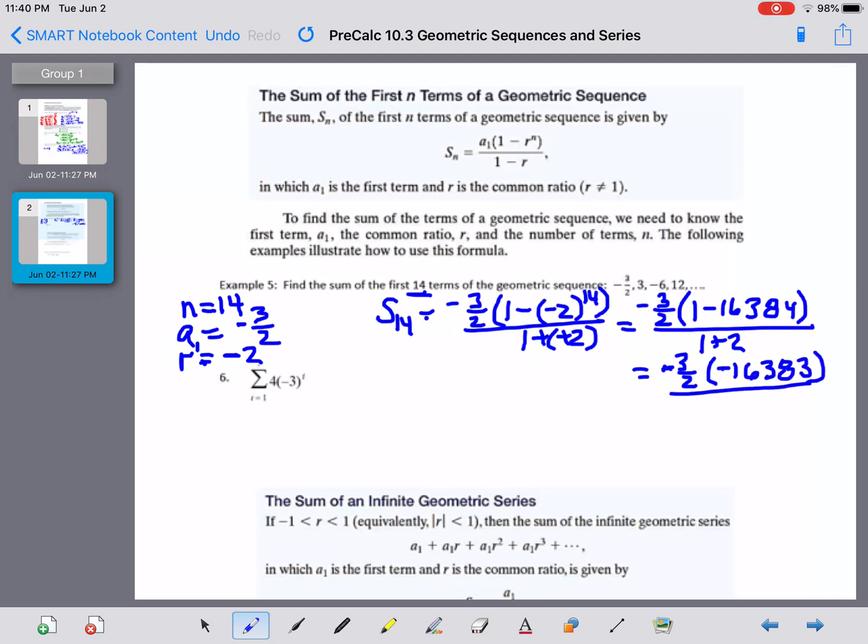I'm going to be honest, let's let the calculator do it all from here. And I'll get the sum of the 14th number is negative 3/2 times negative 16383 divided by 3, and it looks like I get about